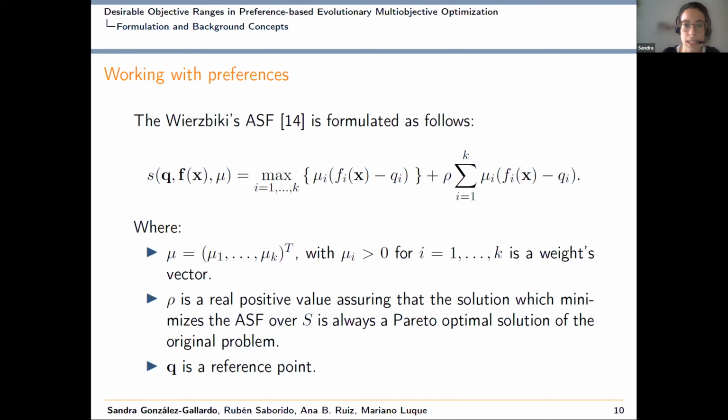If we minimize the achievement scalarizing function proposed by Wierzbicki over the feasible region of the original problem, we can obtain the Pareto optimal solution of the original multi-objective optimization problem. So,